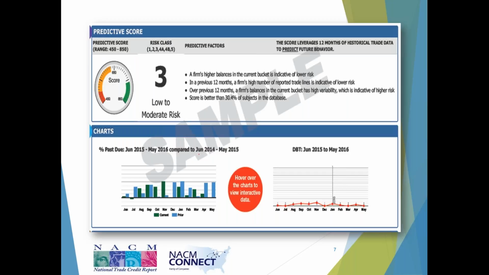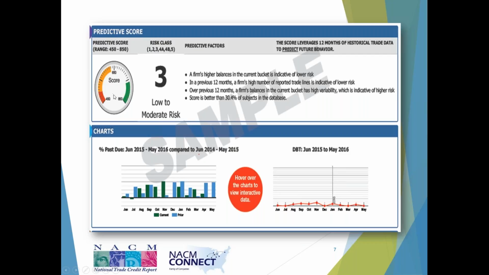Okay, one other thing, predictive score. We break it up into 2 different scores. We have the predictive score with a range that goes from 450 to 850, and then a risk class that goes from 1 to 5. And depending on what you feel more comfortable using, what would happen is when you pull up a report, there would be this